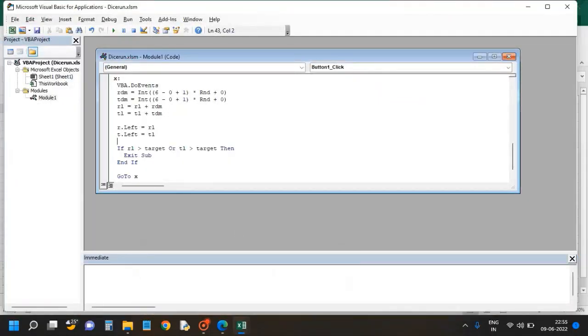And I think once you change the left position, you need to actually also show what value it is right now. So what I'm doing is I'm changing the value to RL and TL. So it will tell me where the rabbit and where the tortoise are in terms of the number of their left position. So H2, H3, and then I'm going to change this to